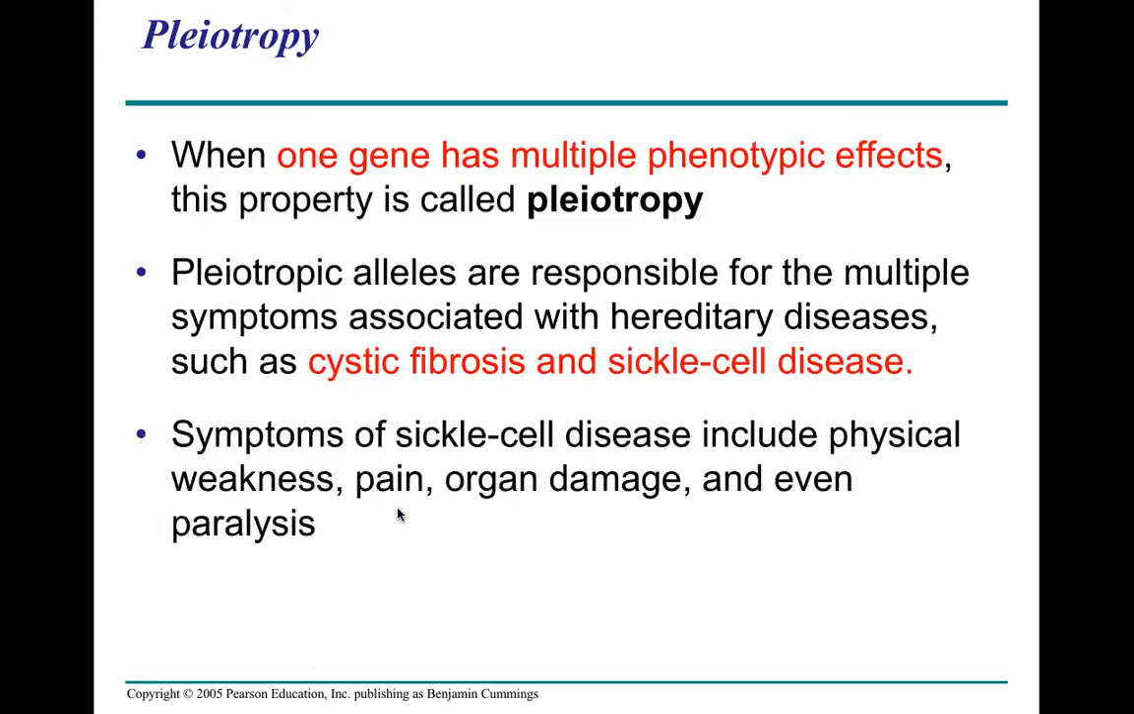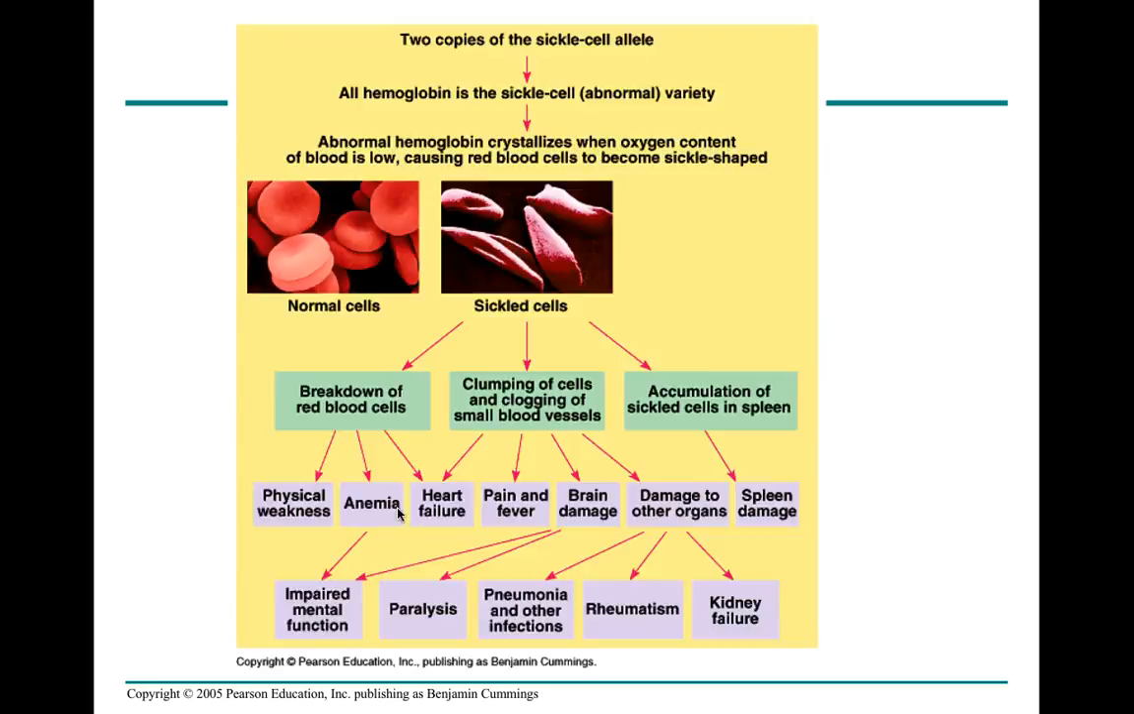Coming to pleiotropy, one gene, many effects. Example is sickle cell disease. Remember, people with sickle cell disease have one gene for hemoglobin which is mutated. Only one gene is mutated, but because of sickle cell anemia that is given by the mutated hemoglobin gene, people who have sickle cell anemia, when they go to places where there is less oxygen, such as high altitude places, or